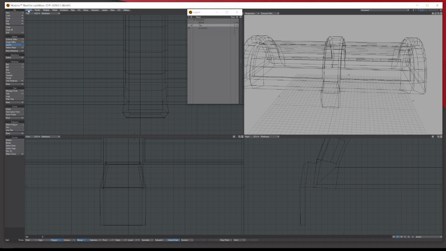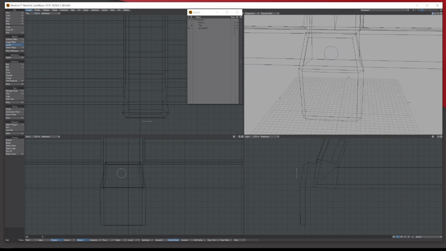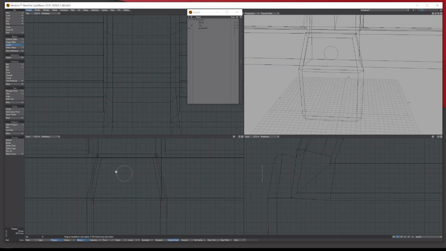I'll just show you quickly how I did the keyhole. So get the disc in the kind of front view, so you can see the lock part. Let's say we're going to put a little keyhole here. So I'm not extruding it, I'm just bringing the circumference out like so. Drop the selection, then use the move tool. Let's bring it forward to the front like so, so we can see. You can see it like so and like so.